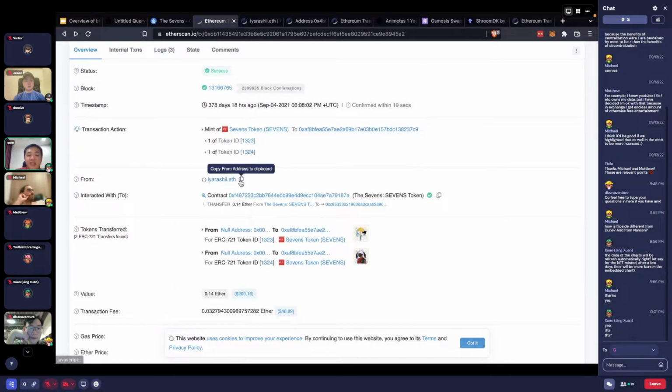From is who initiated the transaction, and then interacted with, to. This could be a variable, right? In this case, for example, it's interacting with this NFT's minting contract. So someone has to interact with a contract and say, hey, I want to use the contract, and the contract's function is to mint an NFT if I'm given X amount of Ether. So this person sends Ether to this contract, the contract accepts the Ether, and then mints